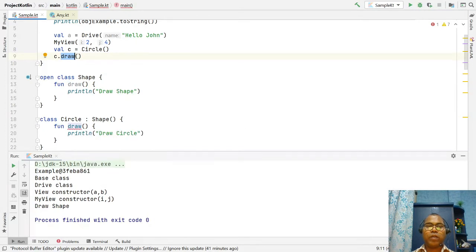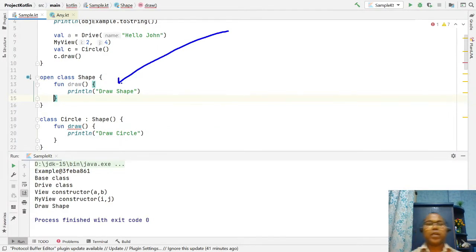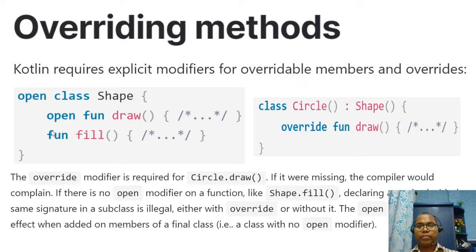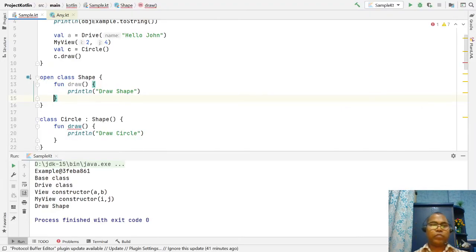So by default, if you want to make a function overridable, then you have to open this function first, and then you can override it.